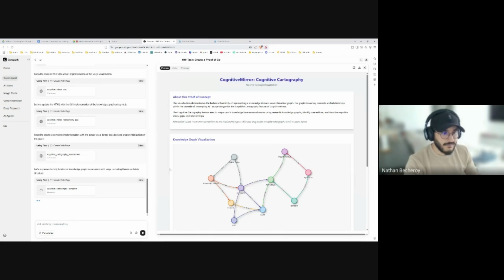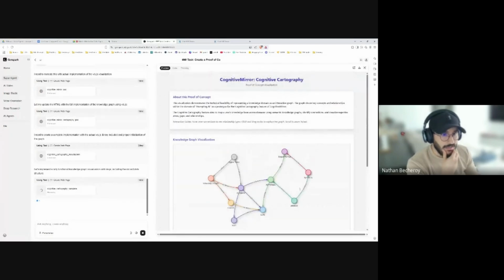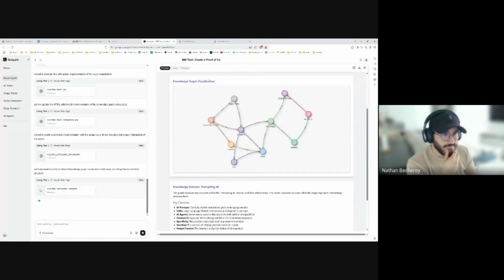Okay, so this is the knowledge graph visualization he created. It's more like a presentation than a POC, as you can see, because it's just telling you about this POC. What is it? The knowledge graph visualization.